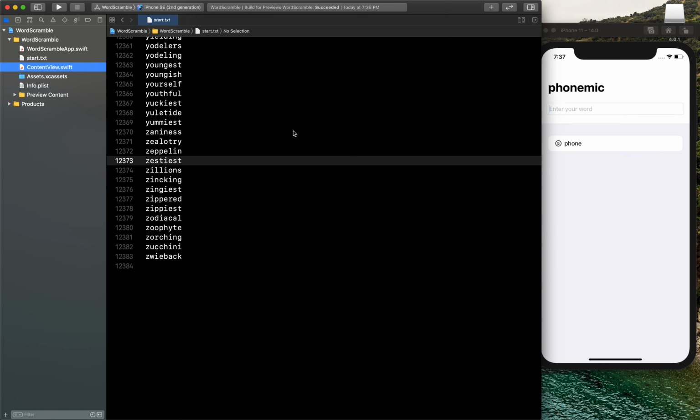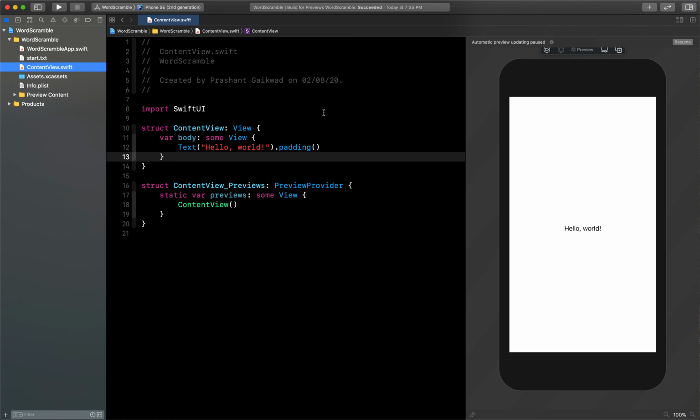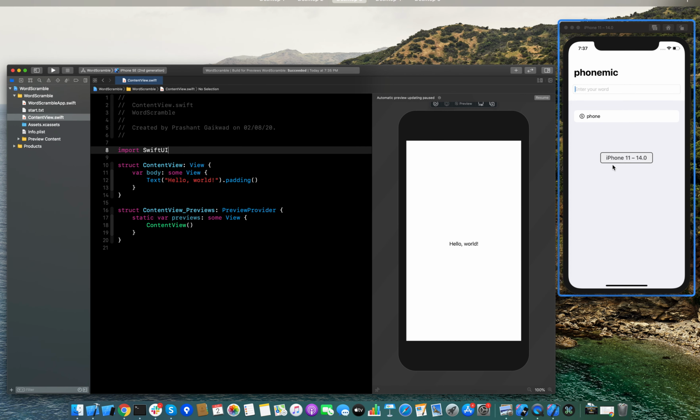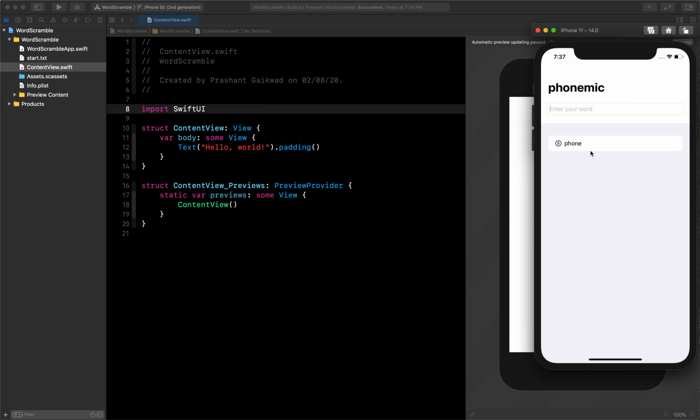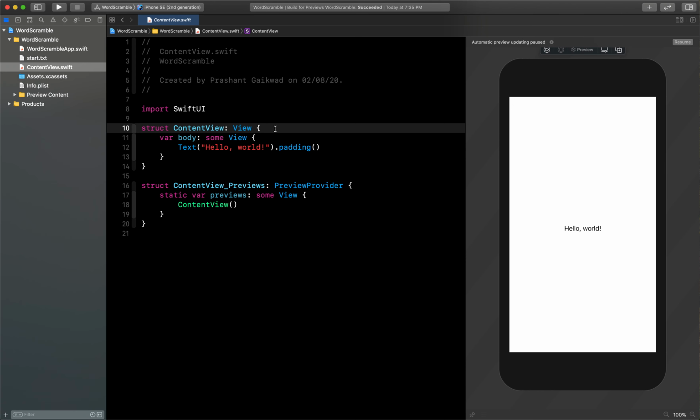So now we have added the text file in our project, so we can use that. Also in here we have to store the words. So we will create different properties here, like used words. Then this will be called our root word, from which we have to create different words. Then we will have a property for the new word, and we also have to show errors, like if I type anything and press enter, then we have to show things like title, subtitle or message. So for that also we will create the properties at the top first. So let's get started with that.